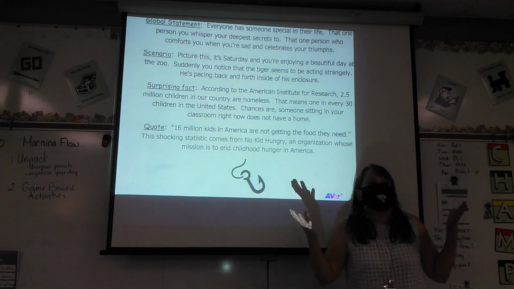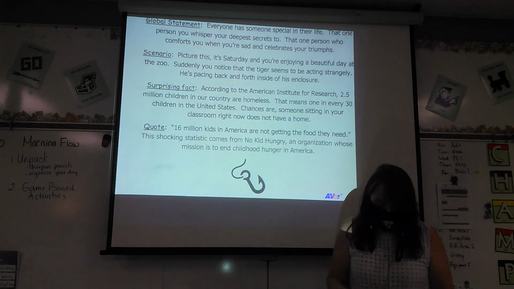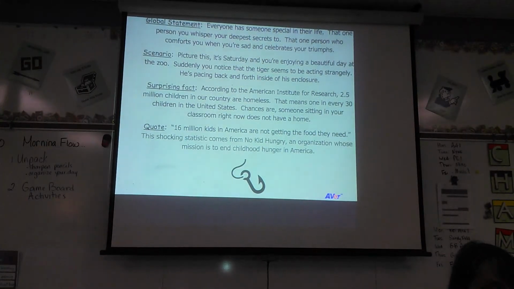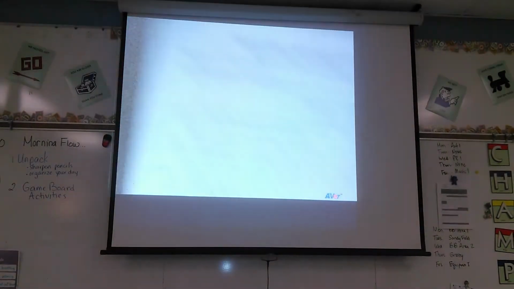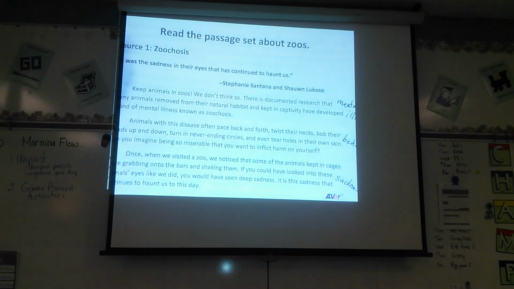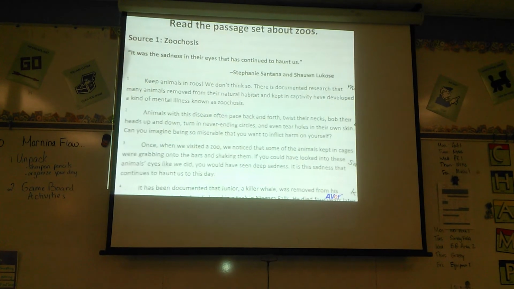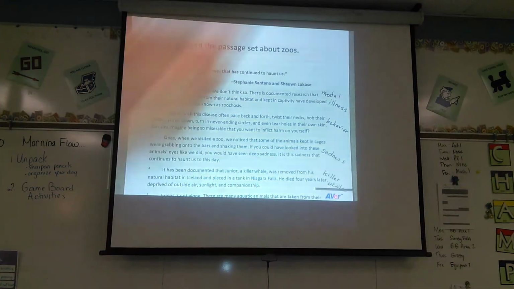Okay, so how do we do that? Well, the way we do that is we have to go back and reread the text. So look at your Zoos text set. When we read today, I want to get the one that I had with the annotations on it. Here it is. When we read, our lens today is going to be for a place to find a quote or a shocking